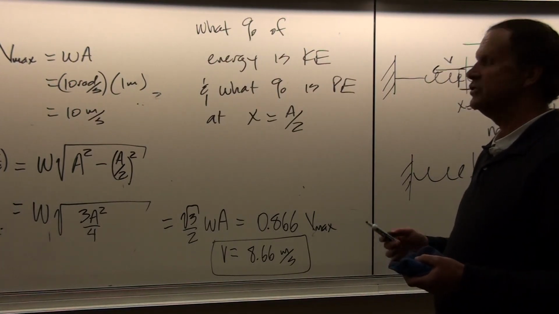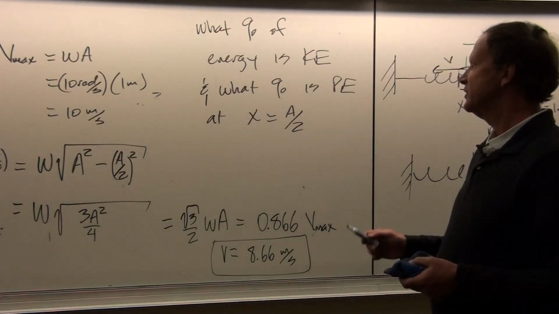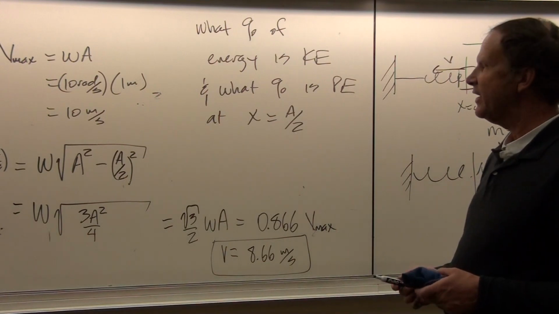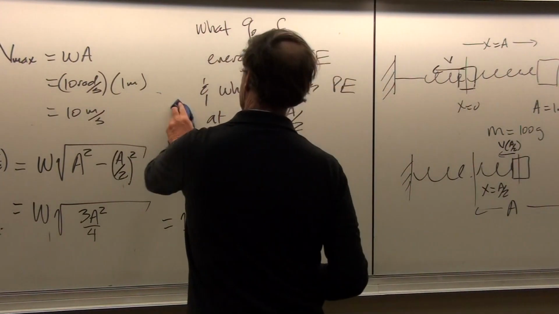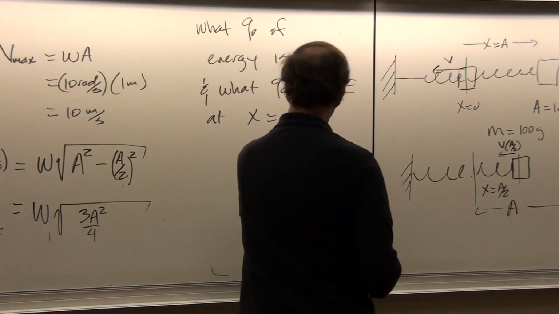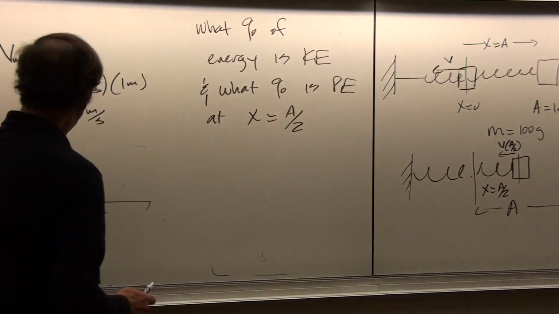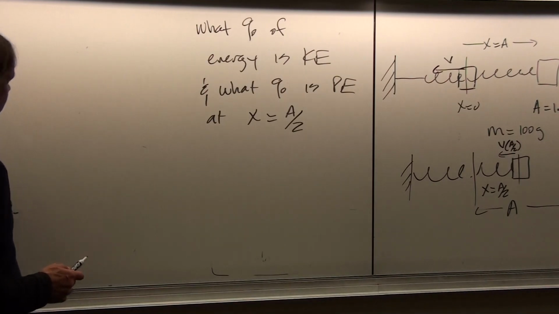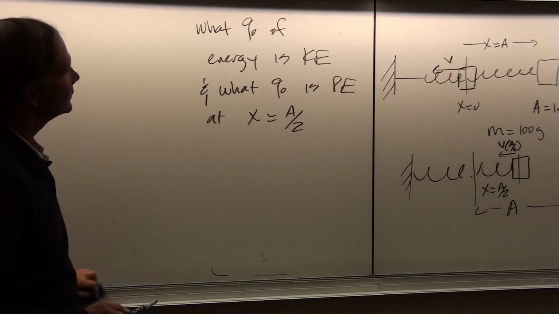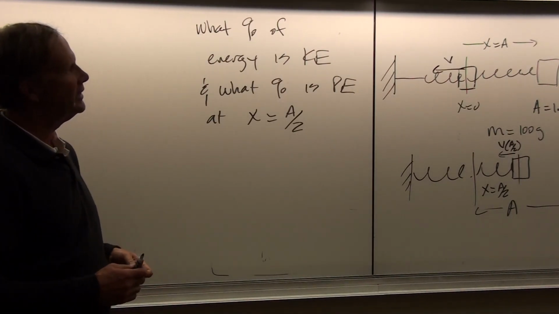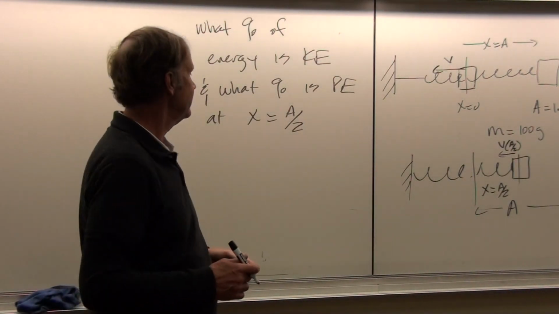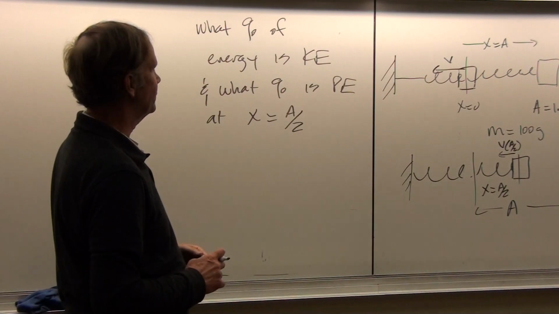So remember, kinetic energy is 1/2 mv squared, but potential energy is 1/2 kx squared. And I've asked this question before on a number of different exams. If you see how to do the problem, it comes out pretty quickly. But if you don't see how to do it, you can end up with a whole page worth of chicken scratches and never even get close to getting the right answer.